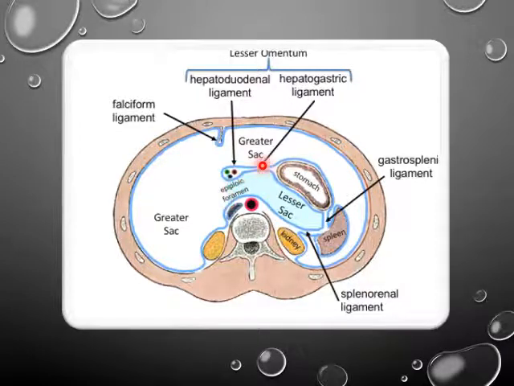So this one is the lesser omentum. This is the right free margin of the lesser omentum, where the anterior layer is continuous with the posterior layer of the lesser omentum. And the vein we are looking at here is the inferior vena cava. The boundaries you can appreciate in this diagram are: the anterior boundary is formed by the right free margin of the lesser omentum, and the posterior boundary is formed by the inferior vena cava.